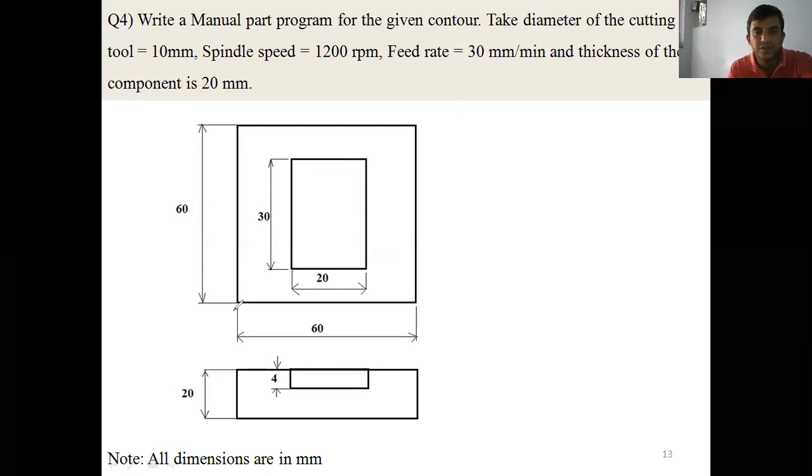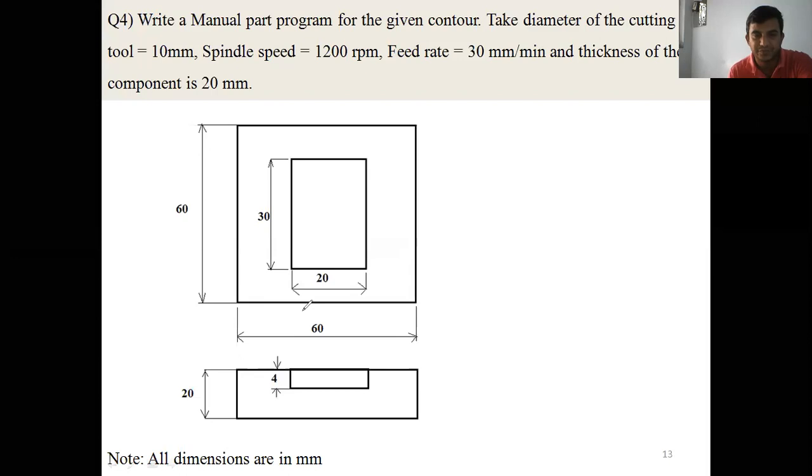Now we go to study the geometry. The square size is given as 60 mm and the rectangular pocket I want to make is 20 mm and 30 mm. In the top view, how much depth are you going to remove here? In total the thickness is 20 mm.